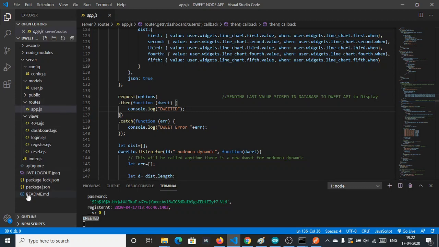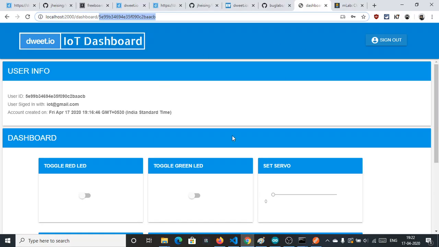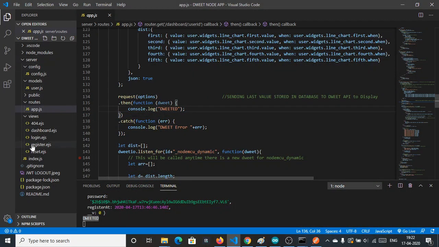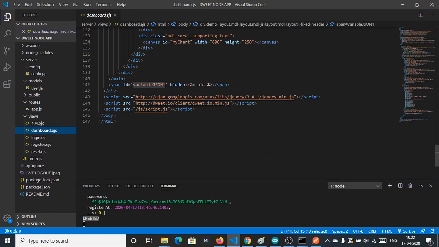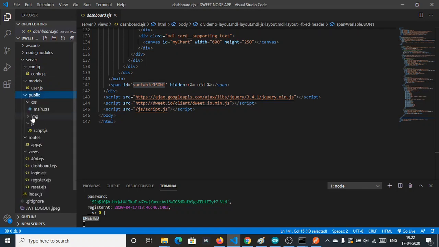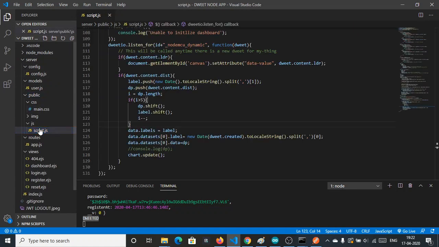I need to show you the script.js. Basically script.js is the script file of this dashboard. You can see it here in dashboard.ejs, script.js. Okay, so in public we have js and script.js.